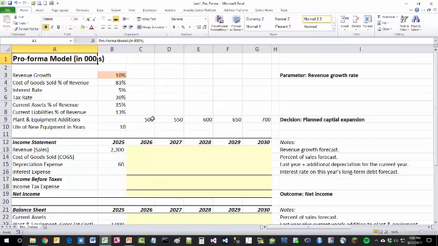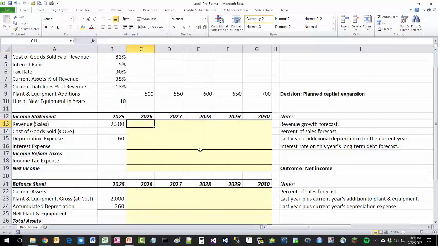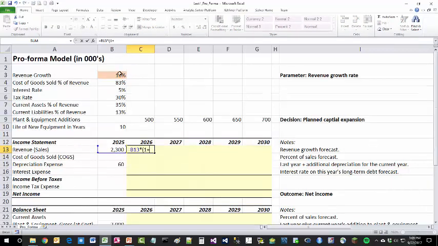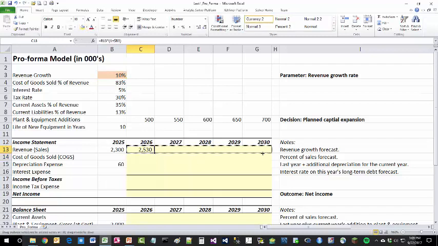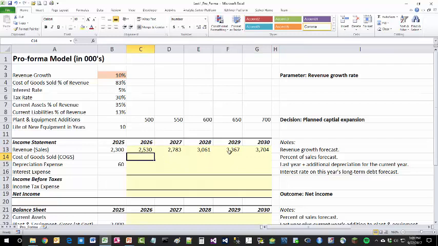Okay, we start with a growth formula, which is the last year's sales times 1 plus the sales or revenue growth parameter of 10% at the top. Make sure to fix it and then copy the growth formula to 2030, resulting in about 3.7 million. Okay, cost of goods sold calculation is just a fixed percent of sales forecast. So the forecasted sales times that fixed percentage of 83 gives us the projected cost of goods sold for the